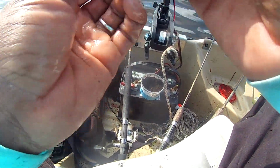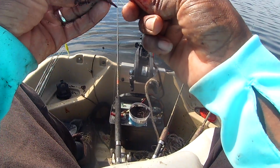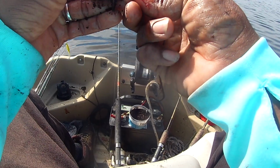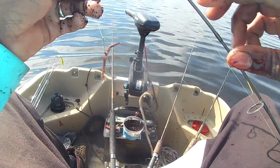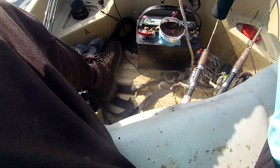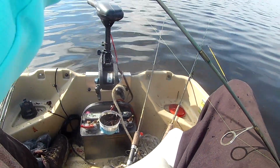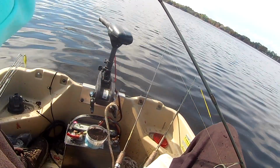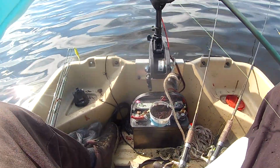I'm gonna see if I can get you guys 2 or 3 more of these nice quality fish, and I'm gonna wrap it up. I'm getting ready to move here soon, and hopefully we can relocate them. Whoa, he pulled that hard, guys. I think he's still there. Yep, there he goes. As I'm baiting up my other rod, this guy decides to come and invade. Let's see if we can get him in the boat for you guys. Hold on. Oh yeah,